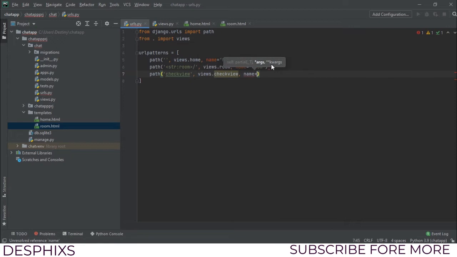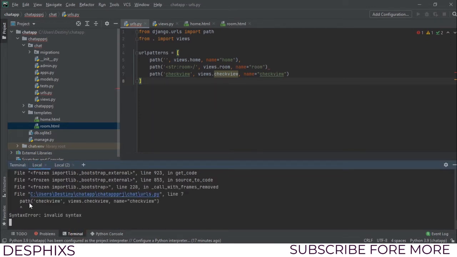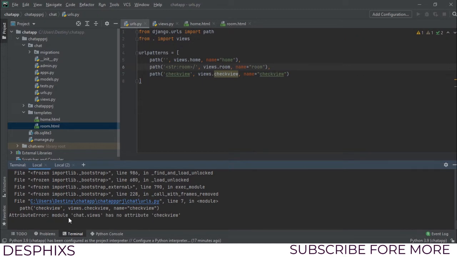And you could give it a name if you want. I don't think the names here are really important. Just give this check view, whatever, like that. So if we go ahead and run this now, let's open up our terminal and see if we get an error. And as you can see, it says invalid syntax. Why? Because we are missing a comma over here. So add a comma and everything is going to work fine now, except from the fact it says